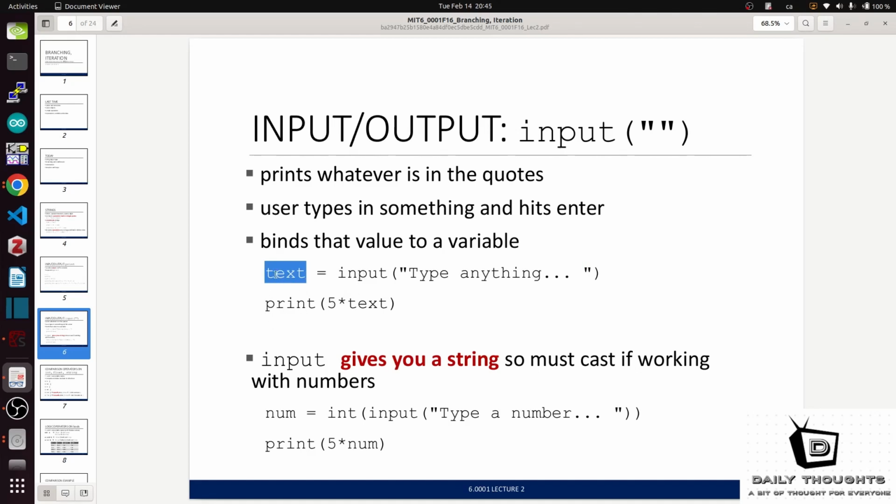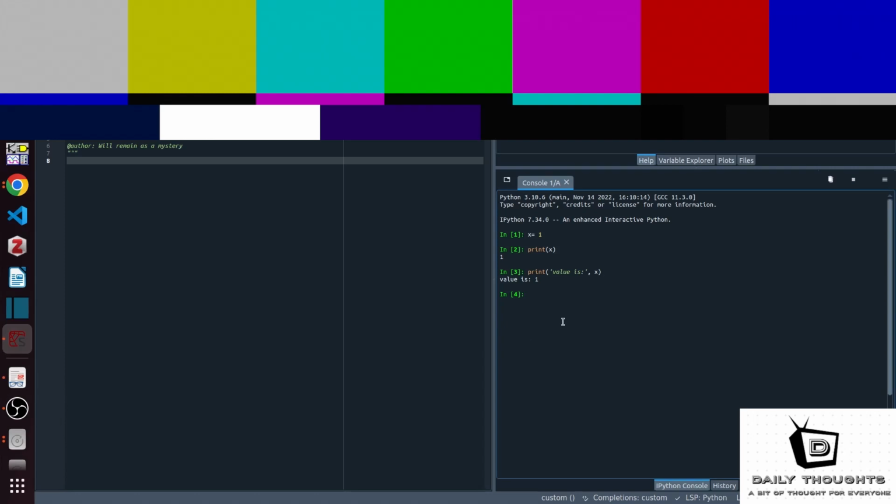Here, the user is prompted with this, type anything, and the user enters some number or character, and then that is transferred to the text variable here, and we ask the interpreter to print that text which is provided by the user 5 times to the console. So let's try something similar. Again, same thing, text input. So we say type something here,